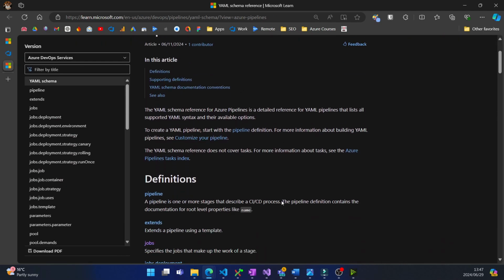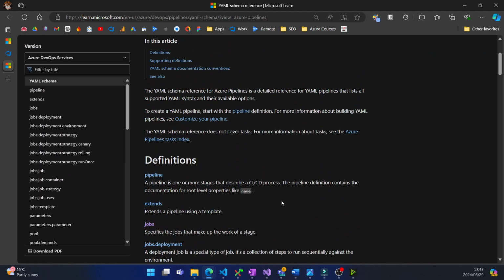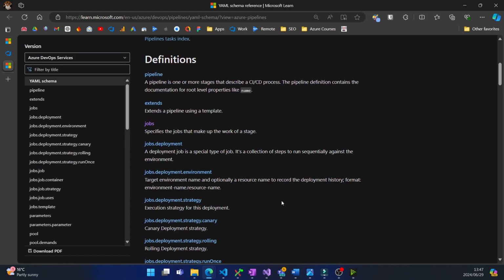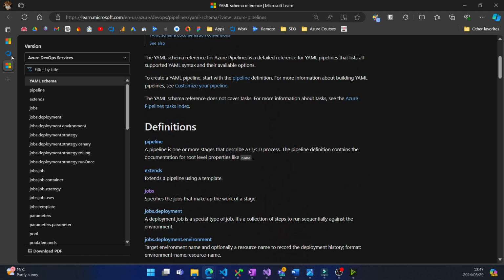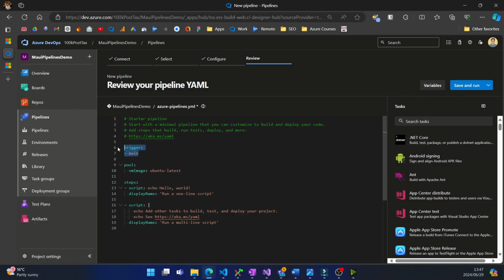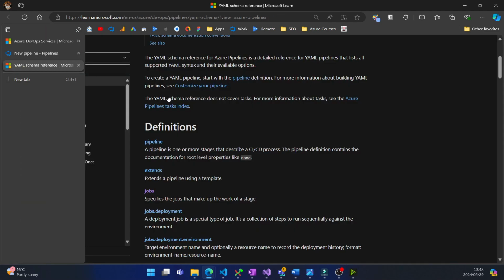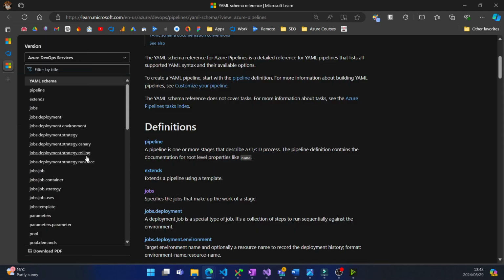And I'd recommend, if you get stuck, to just first have a look over here because there's so much information on this. The next is a mention of a trigger and there's a main here. So essentially what that means is, every time we're pushing code on the main branch, this script will execute. So we'll definitely want to change that, but let's see what our options are if we go to that link